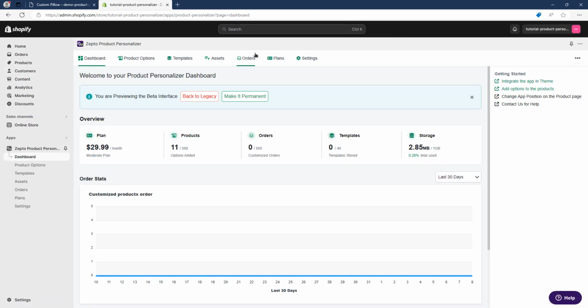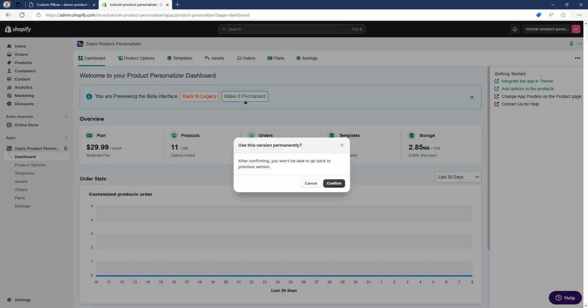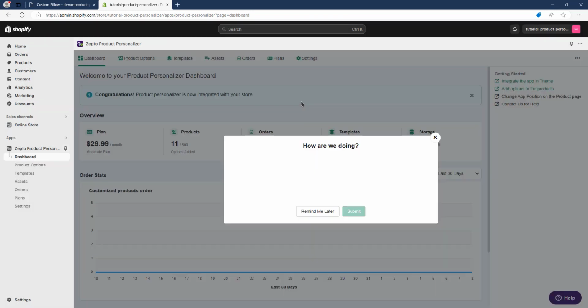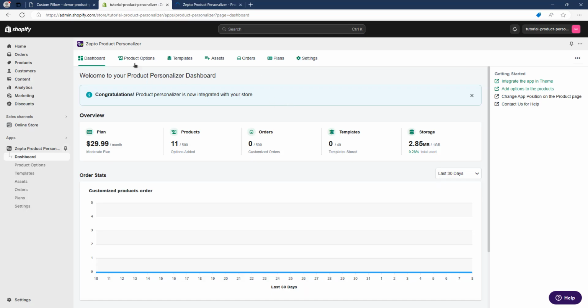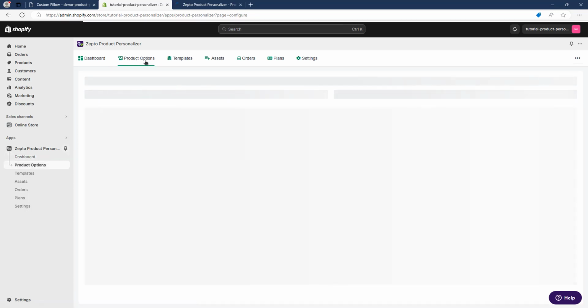So this is the dashboard for product personalizer. You can access everything from here, your products, your assets, everything, your templates, etc. I'm going to make this permanent. This is the new version, new design. I'm going to make it permanent and click confirm, and let's go right ahead, submit. Perfect. Let's go back, and here I'm going to click on product options,